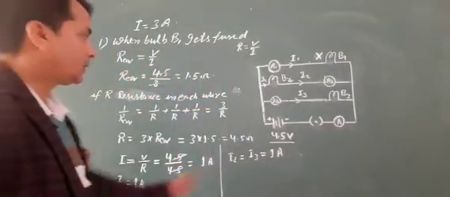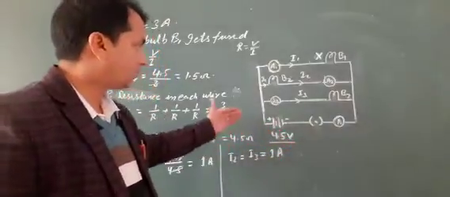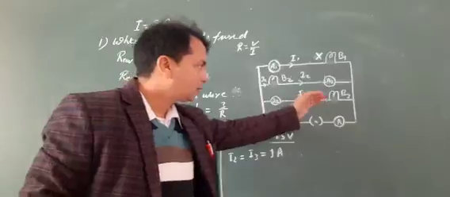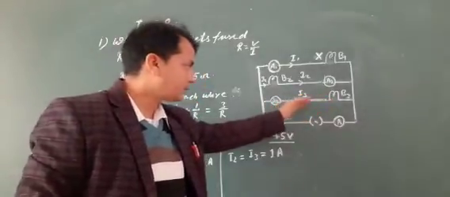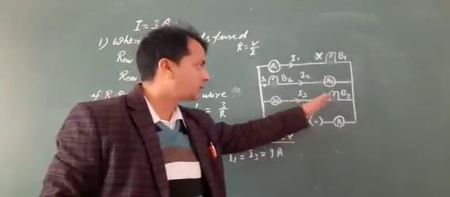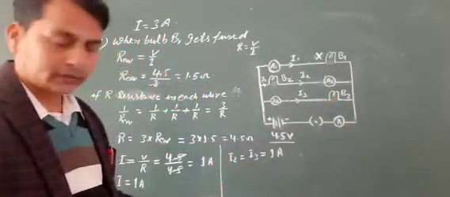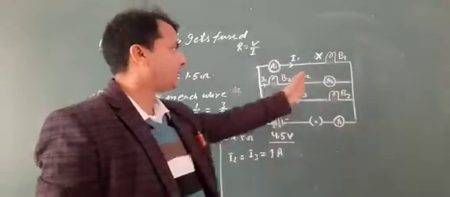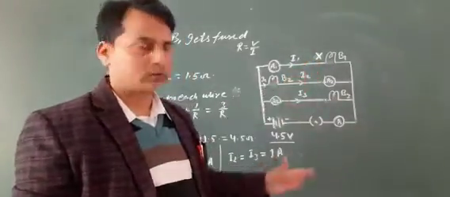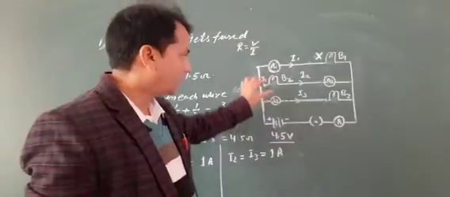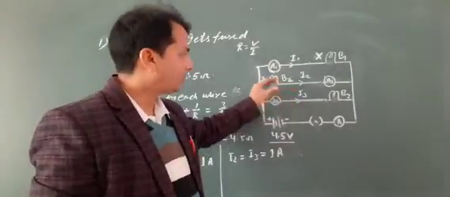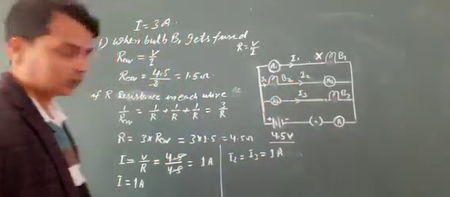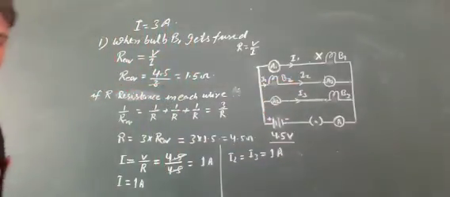So here the electric current flowing across the bulb V2 is 1 ampere, and the electric current flowing across V3 is 1 ampere. So there is no effect when the bulb V1 gets fused, because electric current flows in the same amount in each bulb. So now the next question is here.